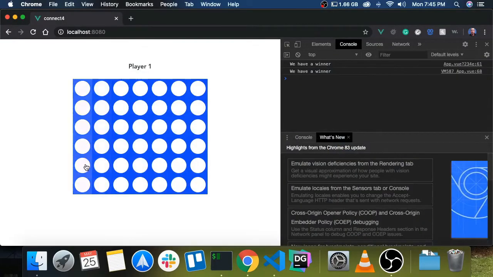Back to the browser, let's drop a piece here and then another here, and let's just win the game for player 1. As soon as we drop it here, we have a winner, player 1 wins, perfect, and we cannot click anywhere else. Okay, now that we have the rows and the columns, next we are going to check for the